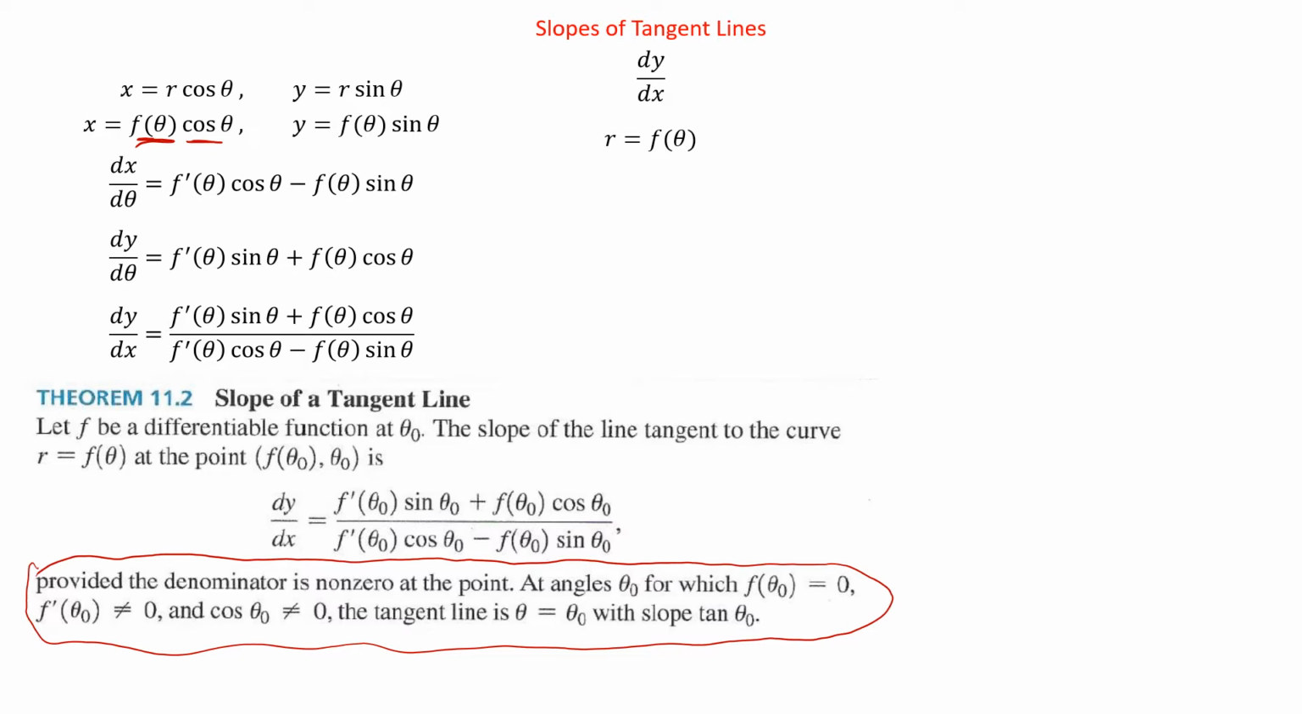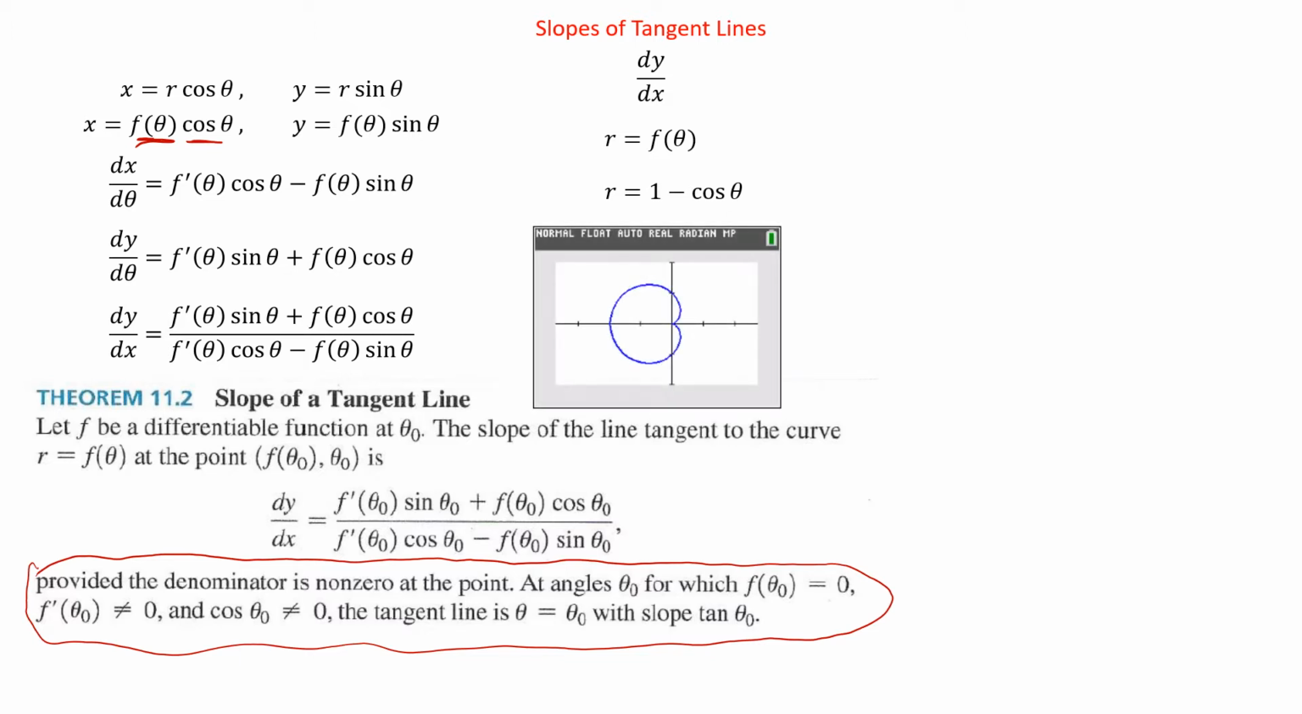So let's look at a problem here. Let's graph the cardioid r equals 1 minus cosine theta. We're going to find the derivative, or the slope of the tangent lines. If we looked at the graph of this 1 minus cosine theta, it's going to look like that. It's a cardioid that looks like it's going to the left instead of to the right. So the very first thing I would do here is